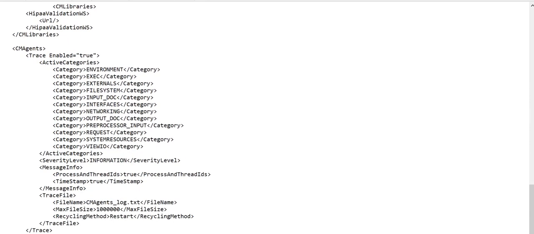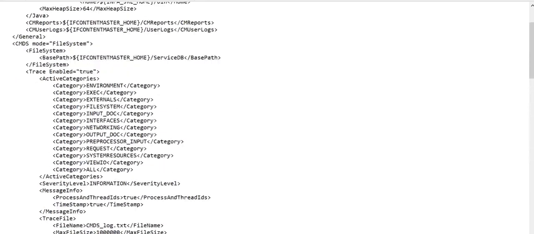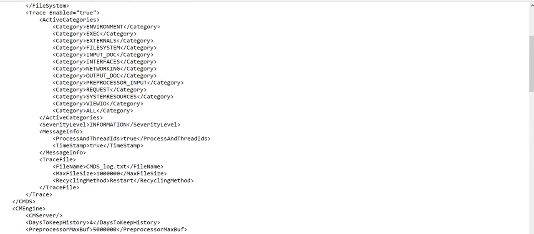Okay, so one last thing that should be done manually one by one. So please don't miss out that part. The trace file name. Basically, if no path is given there, that means it is going to be created in that particular path where the CMDS, CM engine XML file is present.